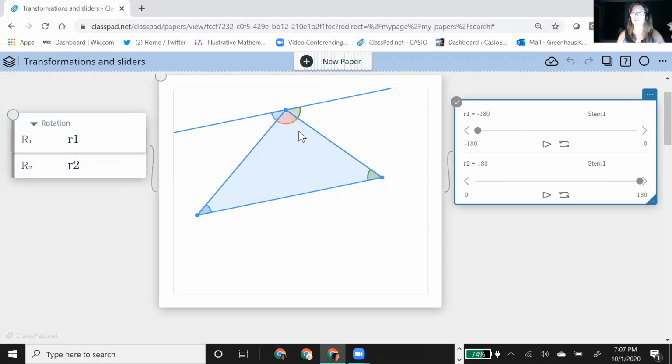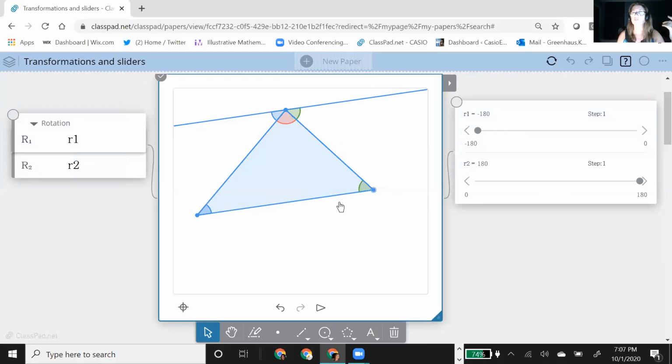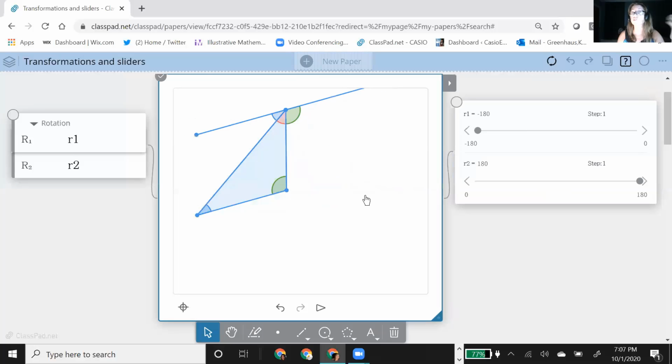And by rotations, I now show you that these three angles, when they are set side by side, are actually all lying on a line, which means they must be 180, even if I change the triangle. And so now I could, it's going to be a little slow there, change the triangle and it still is true. So this is a visual proof, basically, using just properties and no measures. That's a really nice way to use sliders in geometry to do these visual explorations.